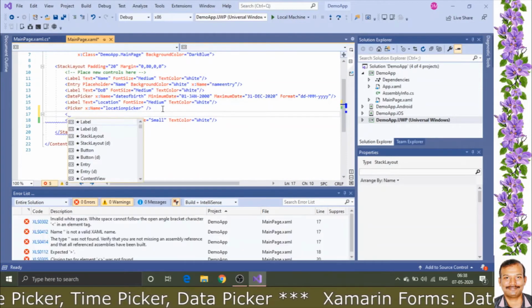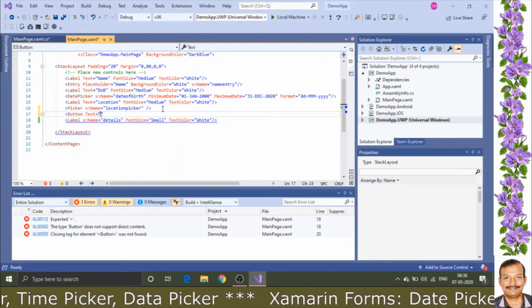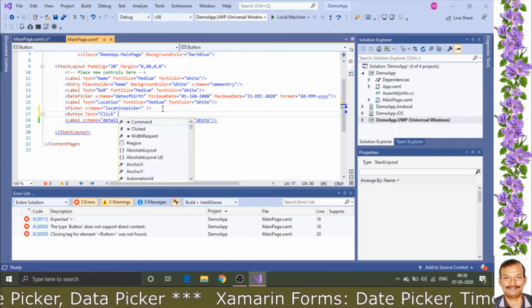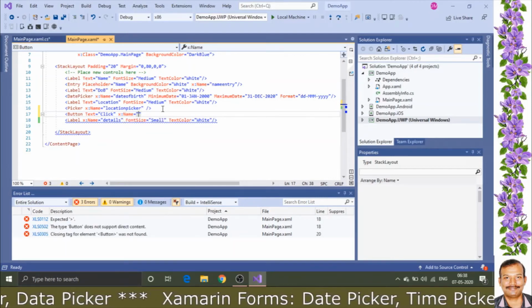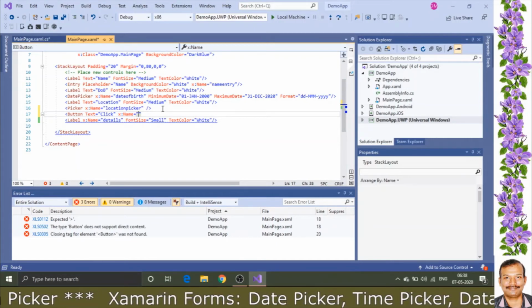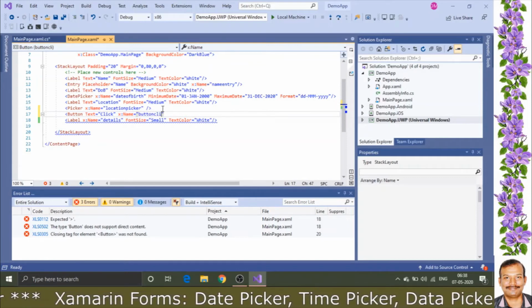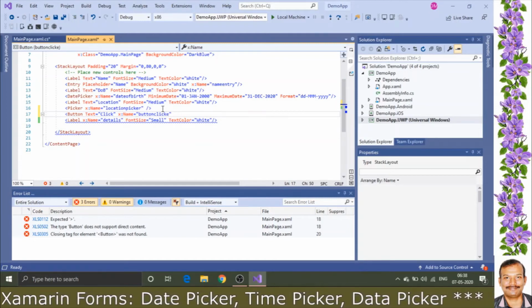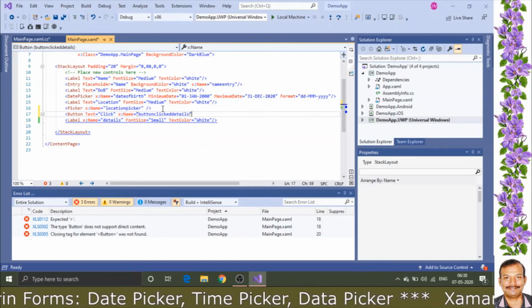Create a button, give a text as click, then give a name, that is here we will give button click details. So this is a name for us to have it.